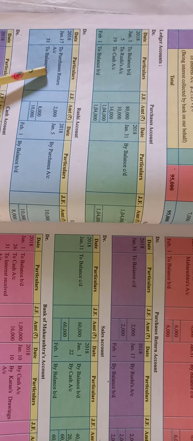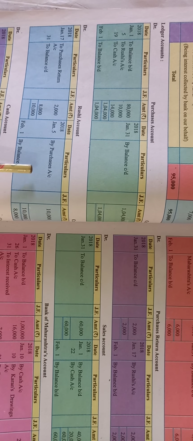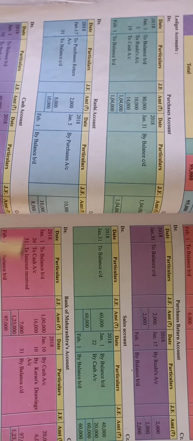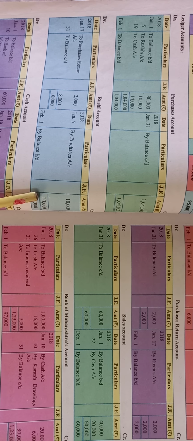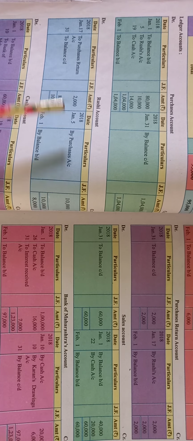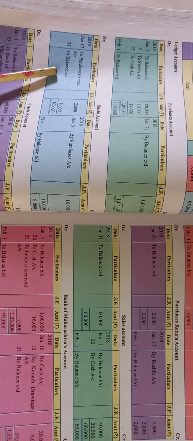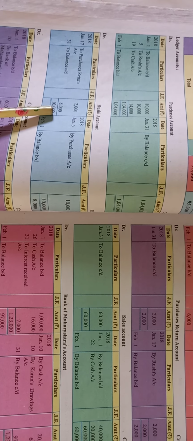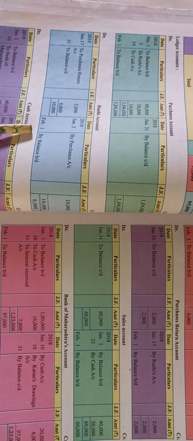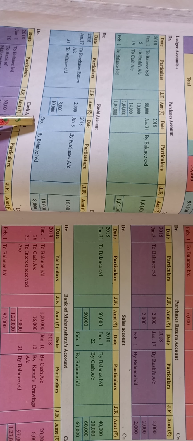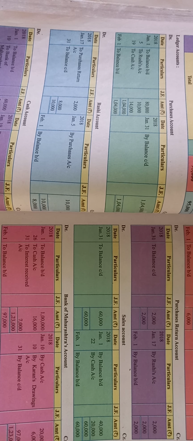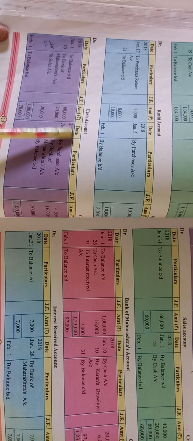So here debit side 2,000 total is there and credit side 10,000, so more credit total is there. So first we have to do the maximum amount total, that is 10,000. After that here also we have to write 10,000, so 10,000 minus 2,000, 8,000, this is the balance. Okay, to balance carried down 8,000 31st January. After that this carried down balance is brought down for the next month, opposite side February 1st by balance brought down 8,000. After that cash total करेंगे.